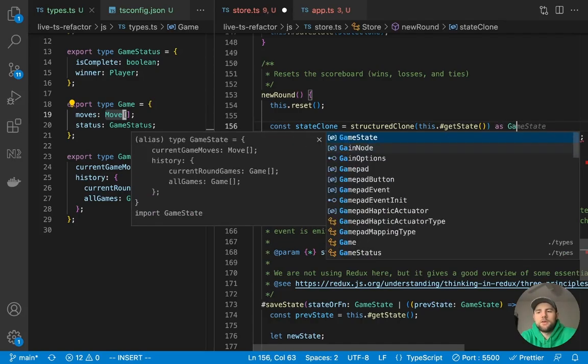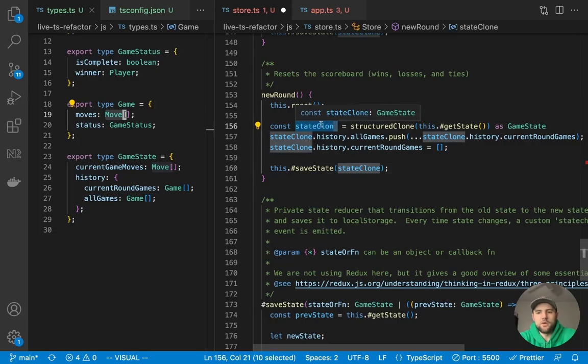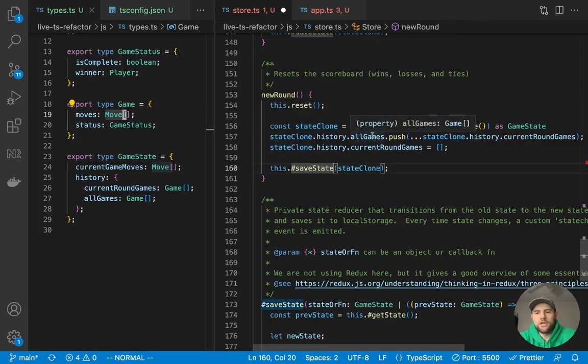So in this case, we're going to cast this to a game state object because we know that this state is going to be represented there. So now where we're pushing to all games, it's going to recognize that current round games is of type game. So you can start to see how this comes together and how we are starting to get stronger types across our code.